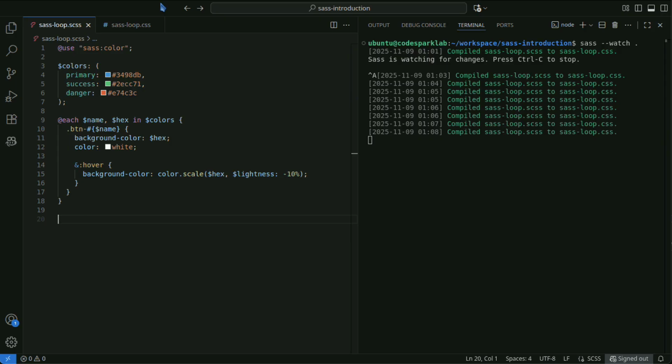Keep the following points in mind when using iteration to write more efficient and readable code. Avoid excessively deep nesting. Excessive nesting reduces readability, so keep it to the minimum necessary. Consider performance impacts. If too many classes are generated by iteration, your CSS may become unnecessarily large. Use appropriate variable names. For variables such as $i or $item, use meaningful names to make your code easier to understand.